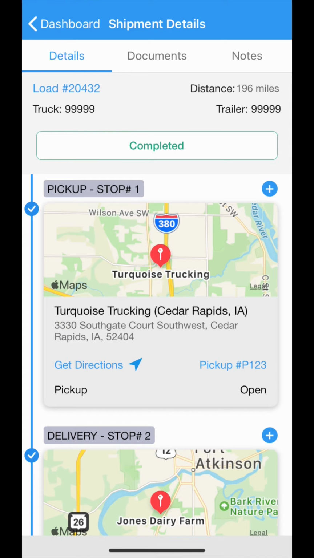And if you tap back where it says Dashboard, you'll get to the previous screen where you started that has the Pending, Active, and History tabs. So on your dashboard now, that load you just did has moved to history, and you'll have all your new loads in pending. So that's the workflow of LoadStop. You get a pending load, you tap Accept. That becomes your active load. You drive. Once you get your signed BOL, your last stop, upload it, tap complete shipment. That active load goes to history.